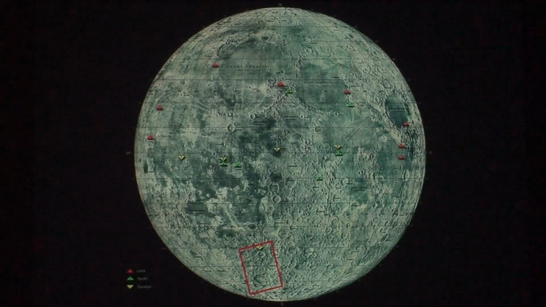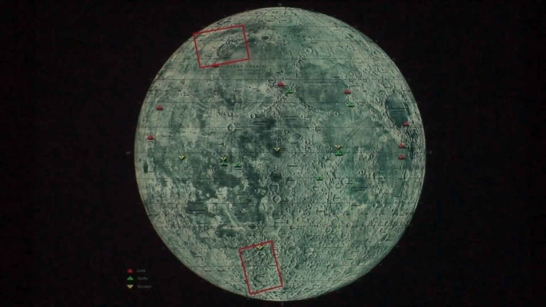Okay, the second one, he's going to jump right up to the northern region there, to the Bay of Rainbows, Sinus Iridum. A lot of people call it Sinus Iridium, but there's no second I in it. Sinus Iridum is the Bay of Rainbows. And he's looking at the area here, Bay of Rainbows, and the frozen sea, Mare Frigoris, up top. And the next one is coming down toward the Sea of Humors, Mare Humorum. He's going to be looking mainly at the crater Gassendi, and then the second group that he's going to be looking at is the main part of Mare Humorum.